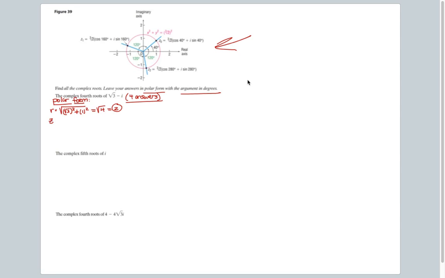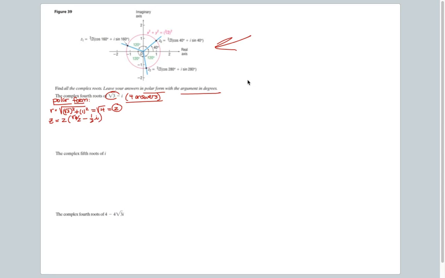So here comes polar form. 2 out front. And then if I need to get the square root of 3, I'm going to have to do the square root of 3 over 2, which is a nice exact cosine or sine value I can get, plus, actually in this case it would be minus, and then to get 1, i times 1, I would end up having to do 1/2,